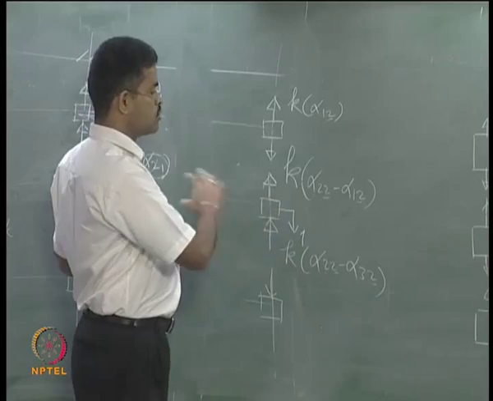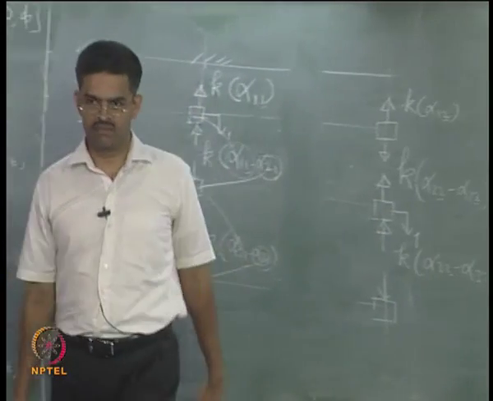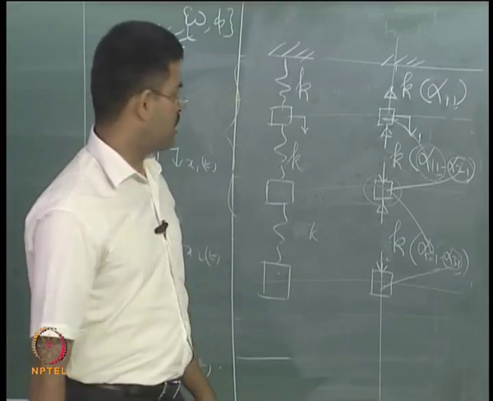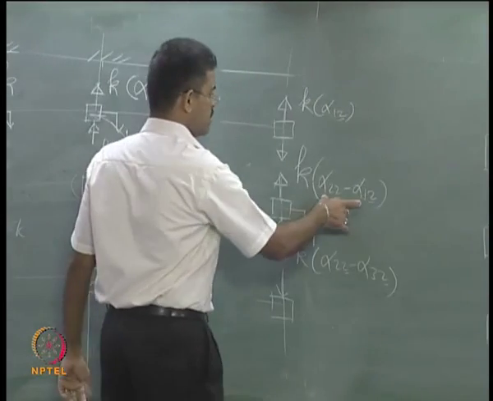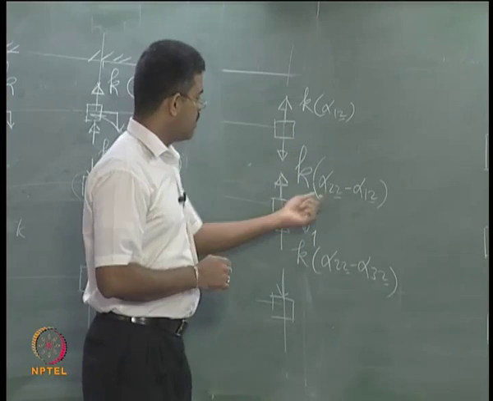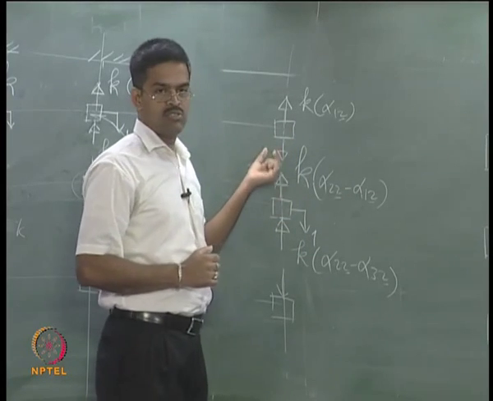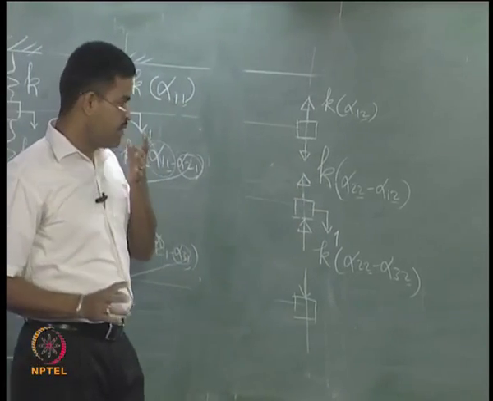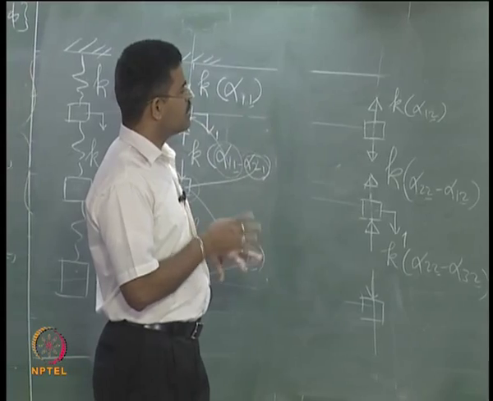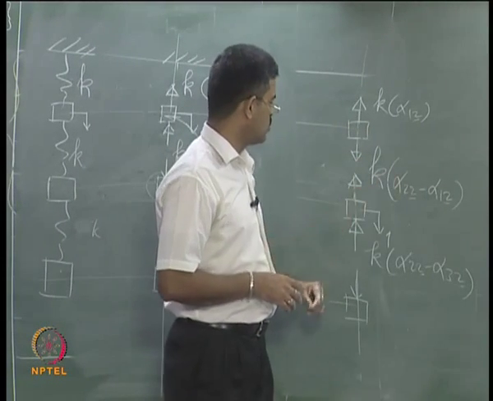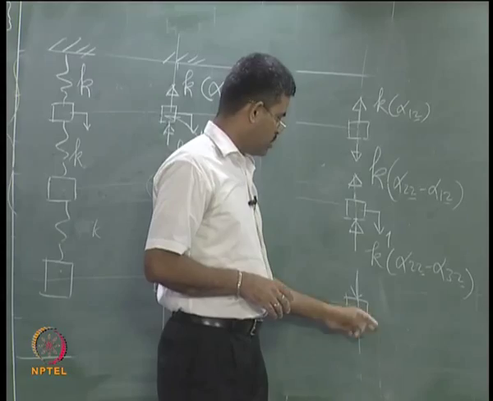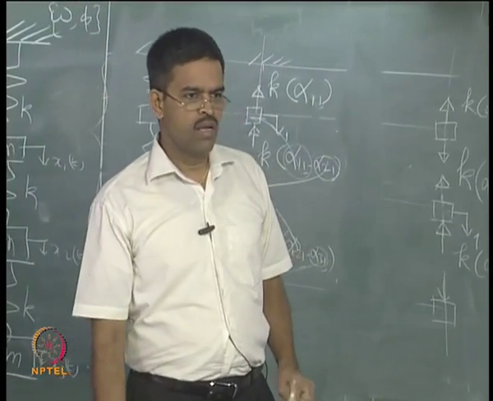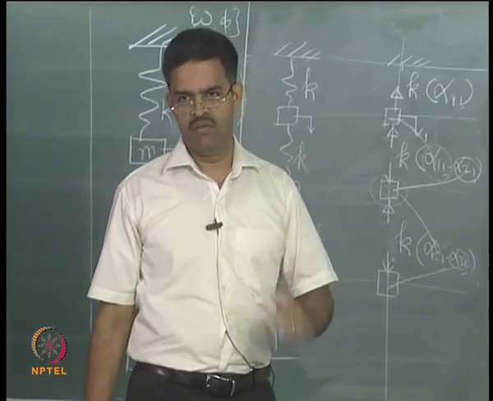The moment you get that question, that here I am writing this value, therefore I must get 1 2 here first and 2 2 here first, you have forgotten, you have not understood any of this method, totally you are blank. That confusion should not come, because this is not governed by where you are measuring it. This is governed by this force, and this is just opposite to this, that is all. If you remember in that fashion, it is simple. If you again get back and apply more and more thinking that it should be first 1 2 and 2 2, it should be 3 2 and 2 2, I think you are completely lost, and you will remain lost forever, that is for sure.